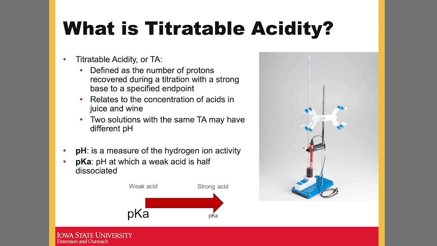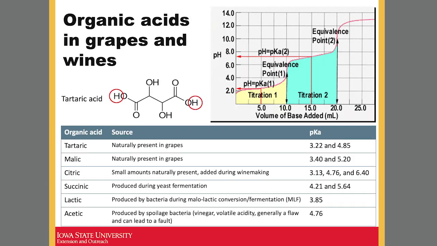We look at the pKa, so how it's changing during a titration. The lower the pKa, the stronger the acid is, and the higher the pKa, the weaker the acid is. That's how it's related to the strength of the acidity, the concentration of acids. As for organic acids in grapes and wines, the main one, as I mentioned, is tartaric